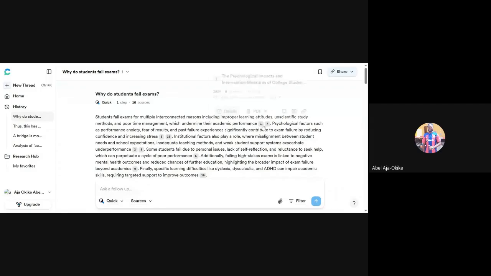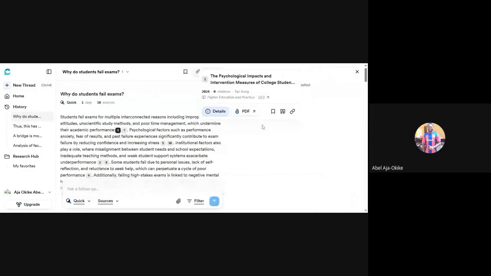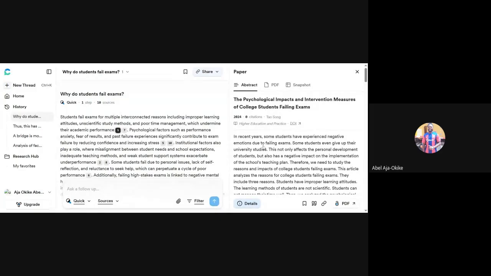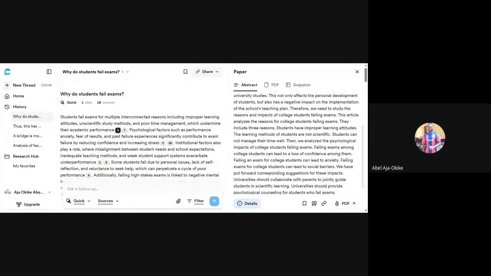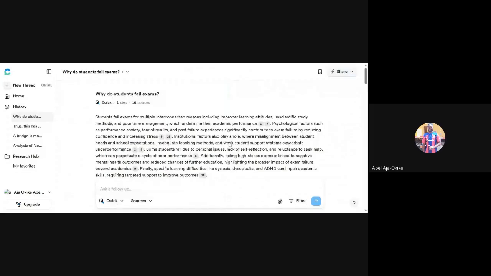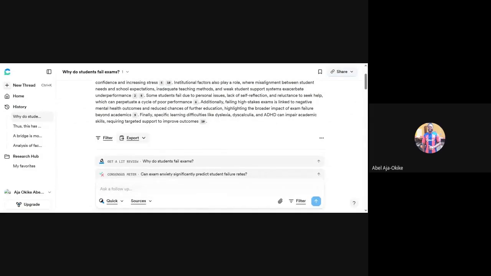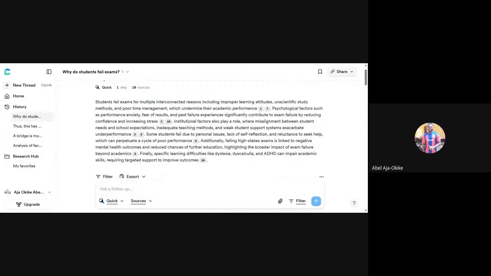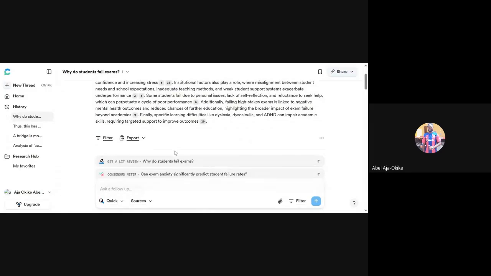And you can see here, if I click on this, you will see the particular citation by the site. Can we see that? So this is it. If you want to read it in full, you can see what that citation is all about. So that is it. This is the brief overview and the citations as well.